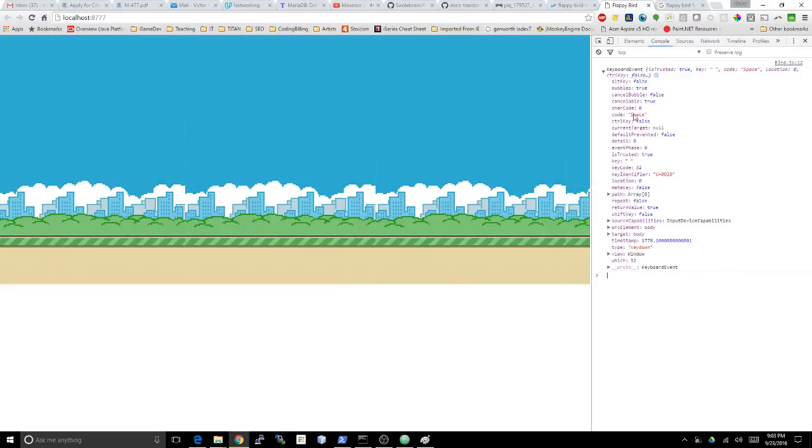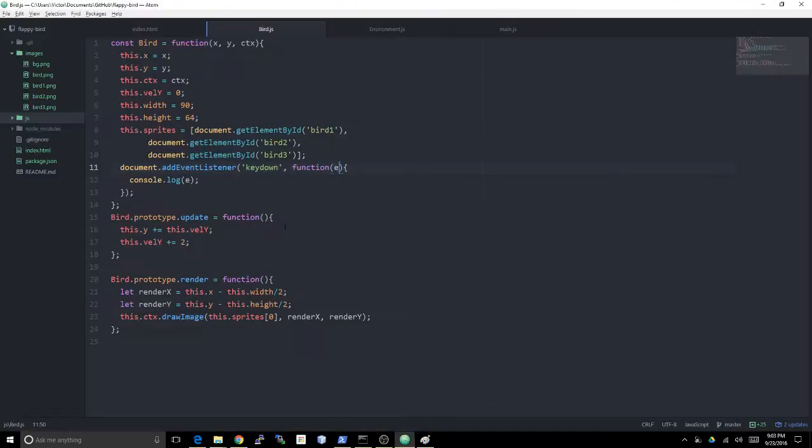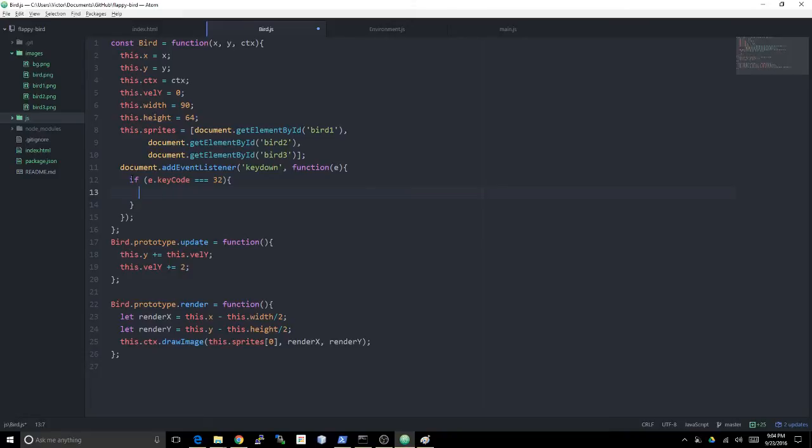So what's the key code for space? Key code is 32. So if e.keycode is 32, what I'm going to do is